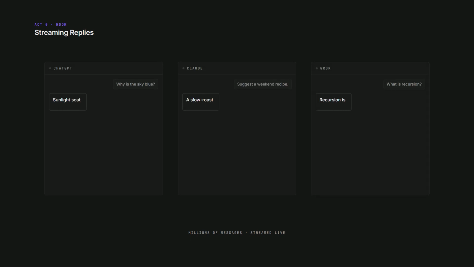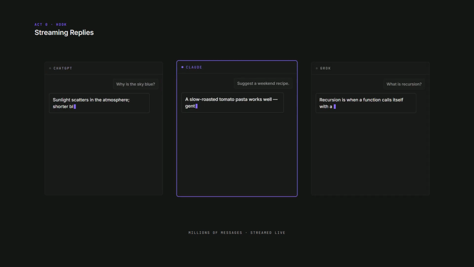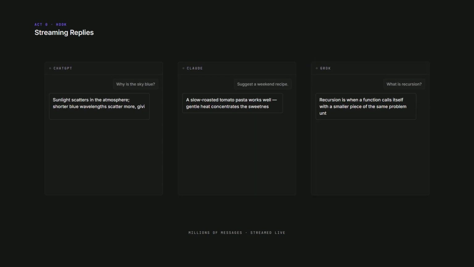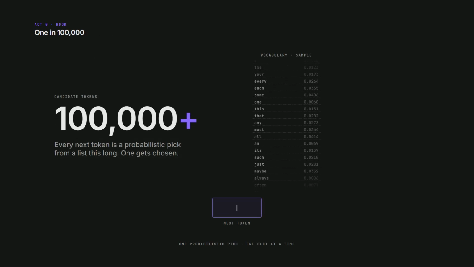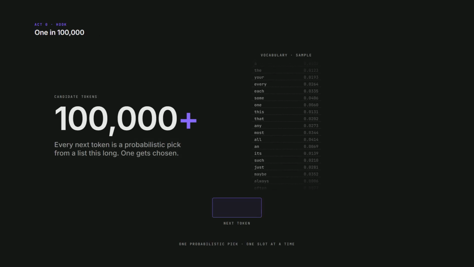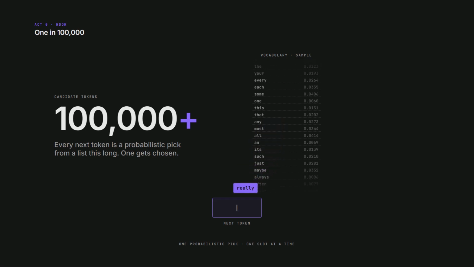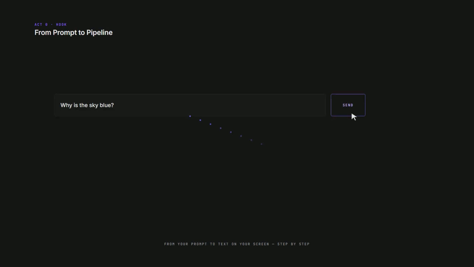Every day, millions of people type prompts into ChatGPT, Claude, or Grok and get responses that feel almost human. But most people don't realize the model has no idea what it's about to say. Not the full sentence, not even the next word. It's generating your response one piece at a time, and each piece is a probabilistic guess from over 100,000 options. In this video, we'll see exactly what happens from the moment you hit send to the moment text appears, step